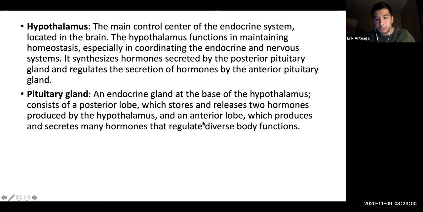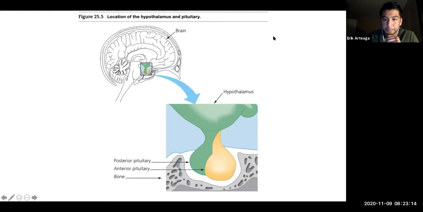Okay, so the anterior lobe is going to have multiple hormones produced there, whereas the posterior has just two, okay? So we'll talk a little bit about the antidiuretic hormone as well as oxytocin, okay? So, well, we really won't get into oxytocin, but mainly with the antidiuretic hormone, okay? So location of the hypothalamus and pituitary, again, it's going to be just beneath the brain. So here we have the cerebellum, and we have the hypothalamus and the pituitary gland, okay? So hypothalamus and pituitary gland, they're going to be sitting just beneath each other, right? So the pituitary gland is attached to the hypothalamus.